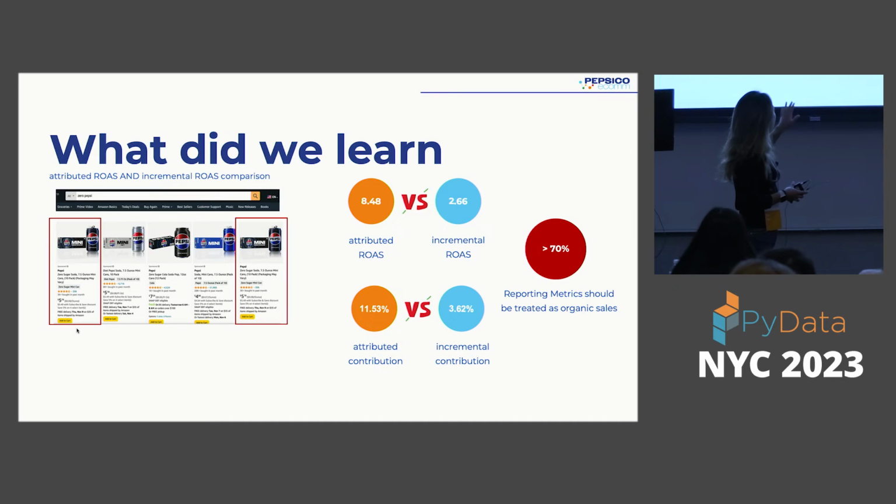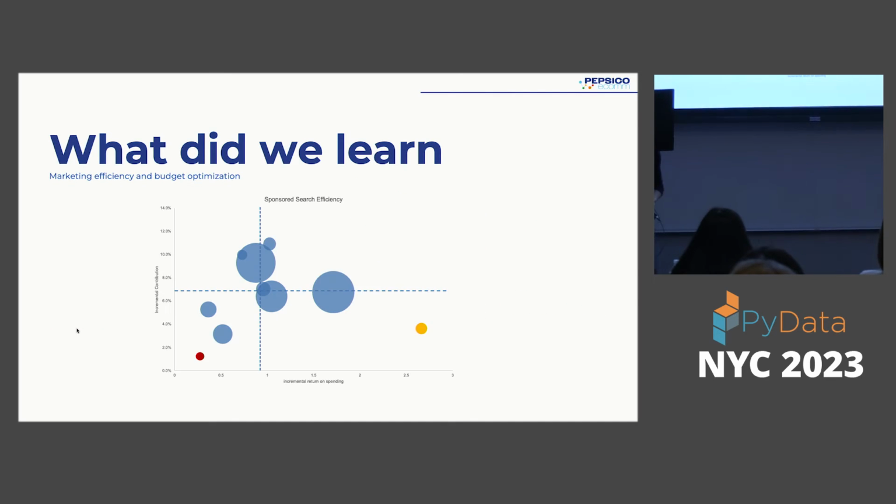And both the incremental ROI and the incremental contribution are almost 1/4 of their attributed counterparts, which means more than 70% of reporting metrics are actually organic. So here is a huge room for improvement, right? We have a lot of efficiency we could tackle. And if we look at the next graph, we could leverage the ROI with the actual sales or actual contribution